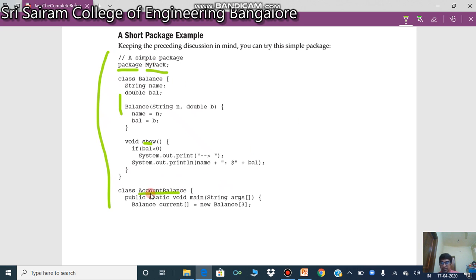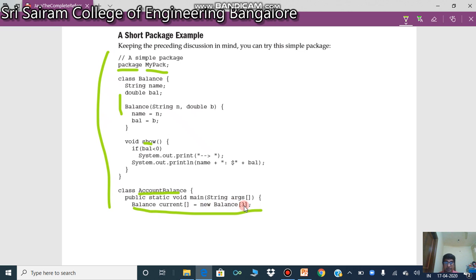Inside this class, I have my main method, and look at this statement. This is very interesting. I've created objects of the class called Balance. Now look at this. How many objects have I created? I've created three objects, an array of objects. See, Balance current, bracket, new Balance three.